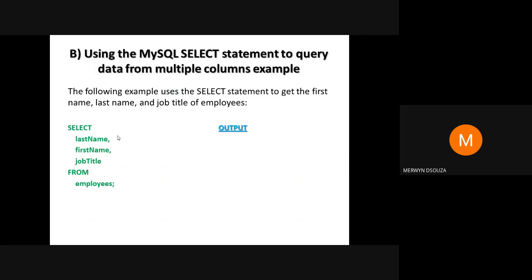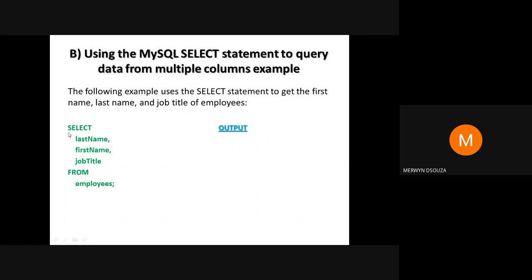Second example, let's write a query using the MySQL select statement to query the data from multiple columns. We could also use the select statement to get data from multiple columns. So let's write a query to get the last name, first name, and job title of all the employees.